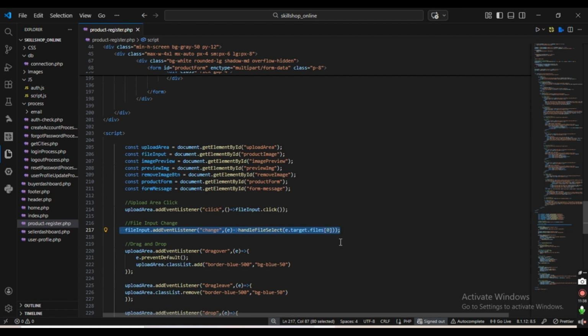When the user selects a file, this event detects the change. Then it sends the selected file to the handleFileSelect function. Because after selecting an image, I need to validate it, show a preview, and check size and type. So this connects file selection to my validation system. Here,